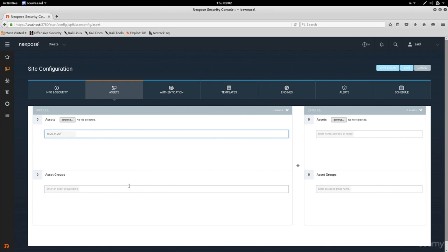And we're going to add this to a group, and we call that Metasploitable as well. Or we'll call this test. So this is our group name. Now, in here in the authentication part,